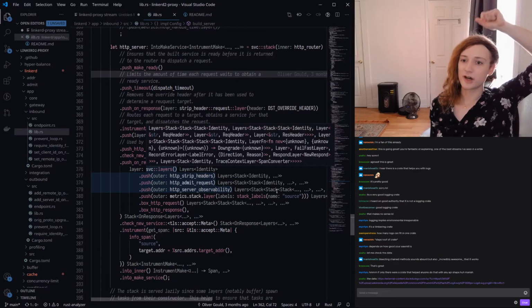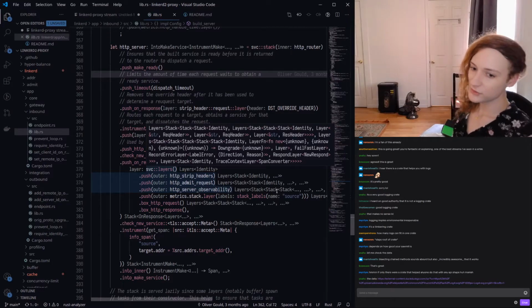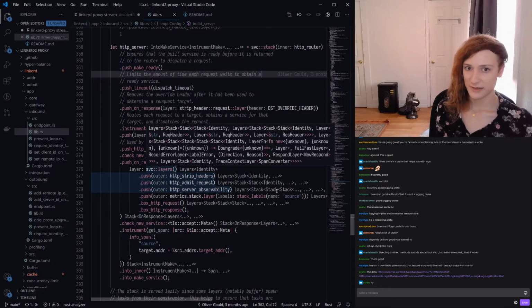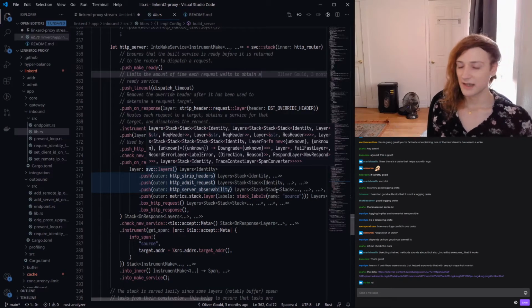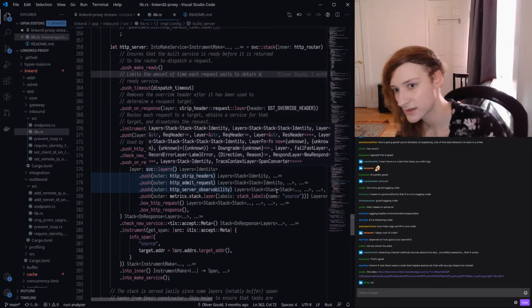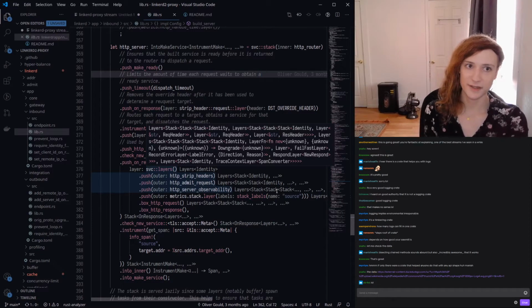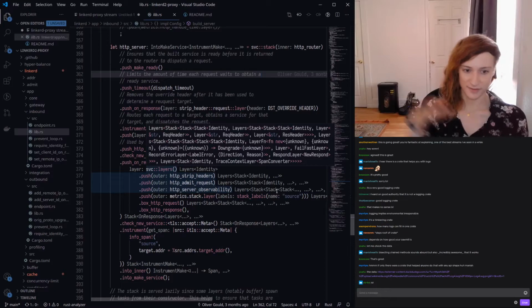But this compositional model was very useful because we could just tear the application apart and then put it back together bit by bit. And this doesn't work as well when everything knows what the thing in front of it is and what the thing behind it is.